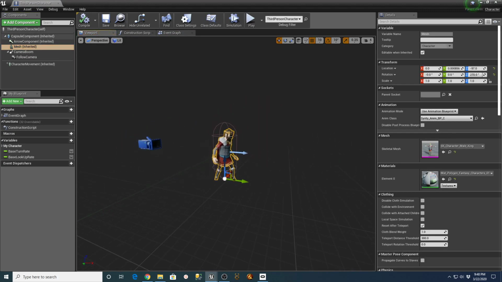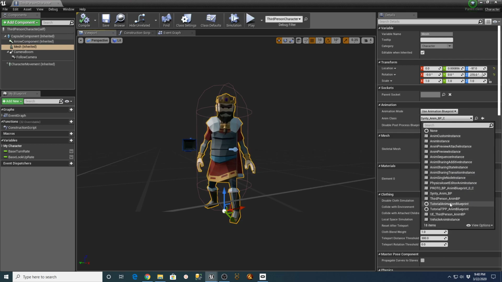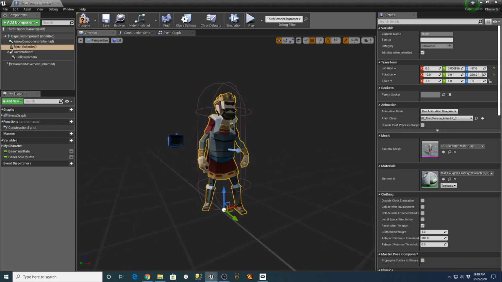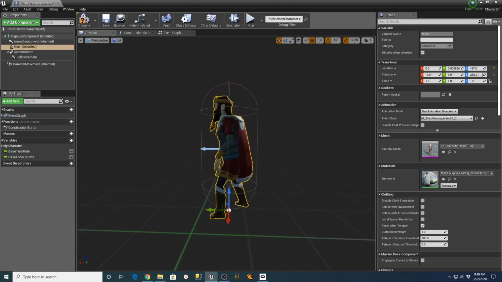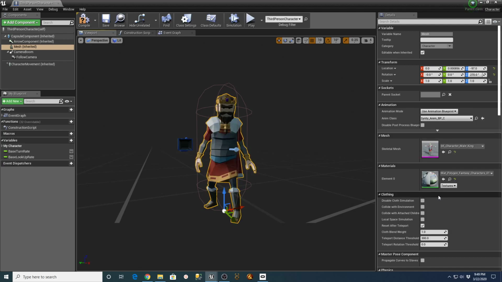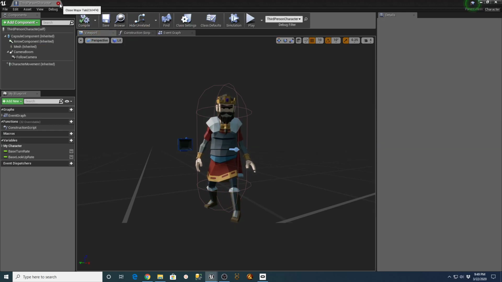Let's see. Spin this around a little bit. I think if you change it right here, you can see. Yeah, see, it pulls his arms in and kind of cripples his top half up a little bit there. Kind of tucks everything back in too far. So I would definitely say that the Synty ABP looks a little bit better. I don't know if anybody would agree with that or not, but that should get it.